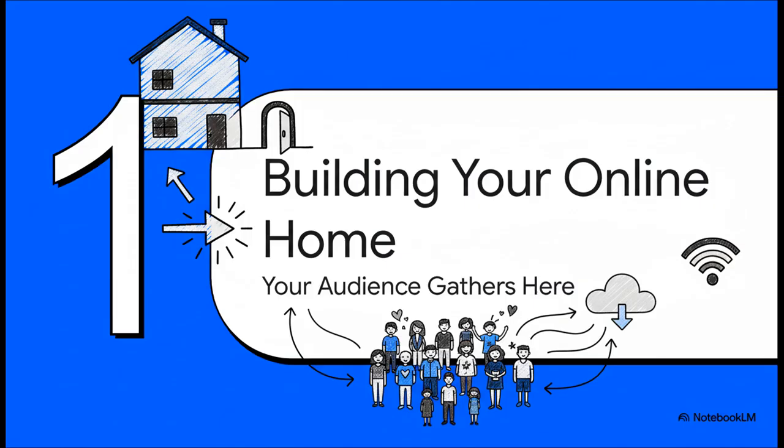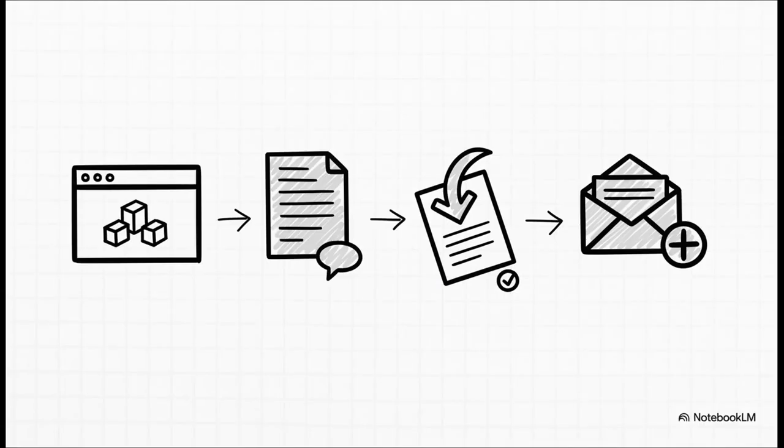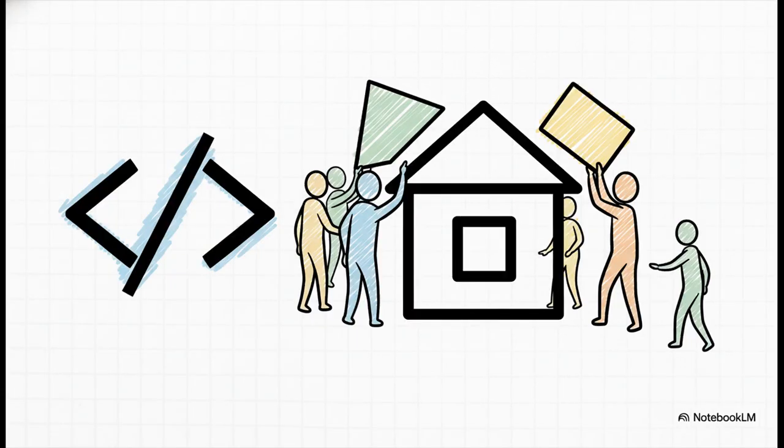So how do you build that bridge? Well, the very first step is to create an online home for yourself. A central spot where your audience can find you and gather around. And this is exactly where the toolkit comes into play. MailerLite hands you all the essential building blocks. We're talking a website builder, tools for custom blogs, landing pages that are designed to grab attention, and of course, those super important sign-up forms. And the best part? You really don't have to be some kind of tech genius. These tools are made for creators, not for coders. So you can build a really beautiful, professional-looking home for your brand without ever having to touch a single line